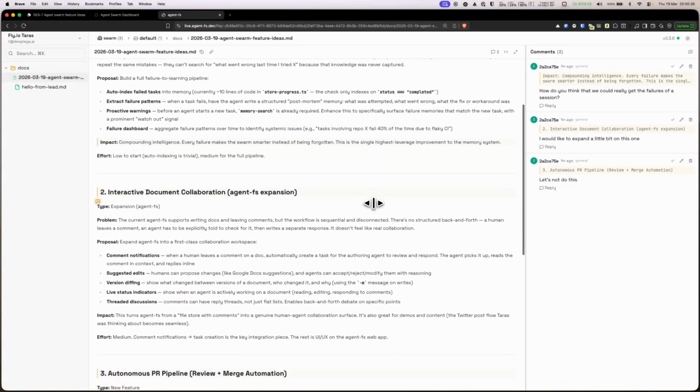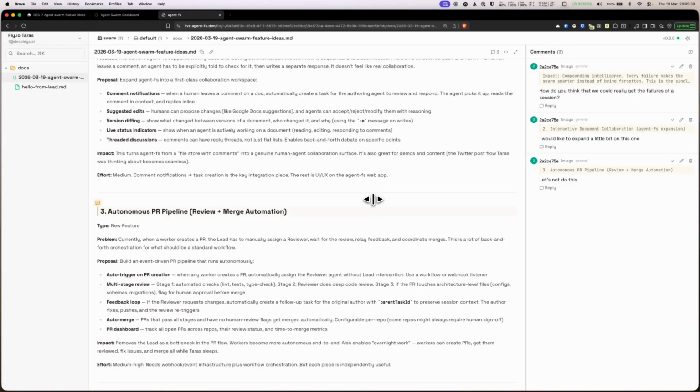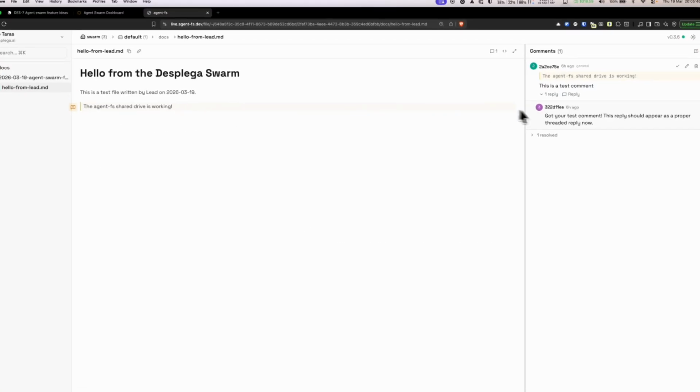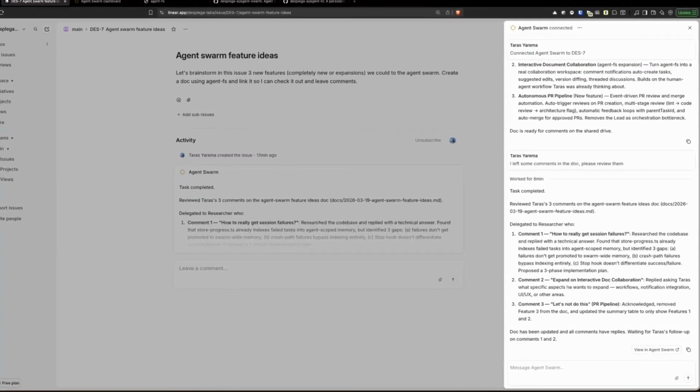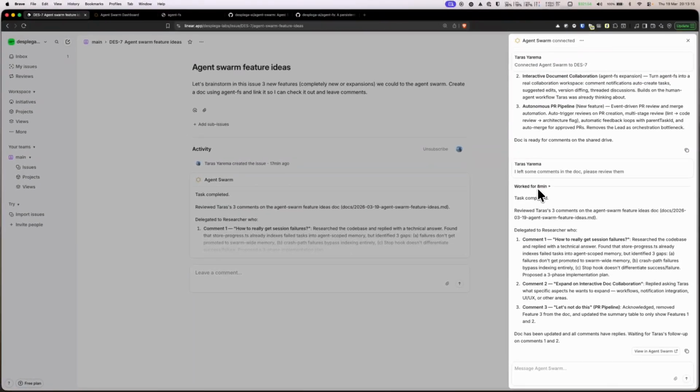And it's agent first, super easy to use for the agents. It provides a CLI, an MCP tool, and you can see here in the other one, which is a test one that we did, some comments that the lead left, and we actually even resolved some previous conversations. Now, after waiting a little bit, actually 8 minutes for the researcher to finish the work,